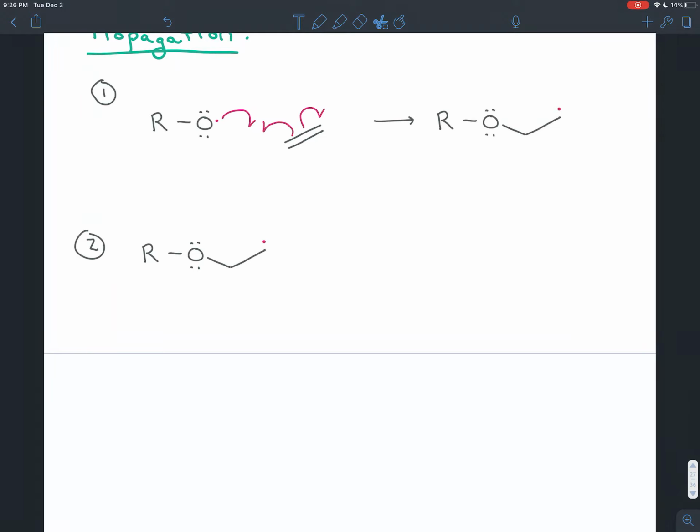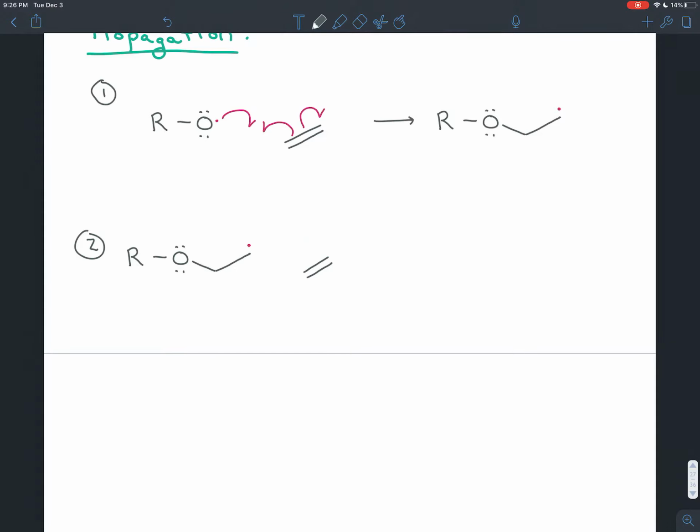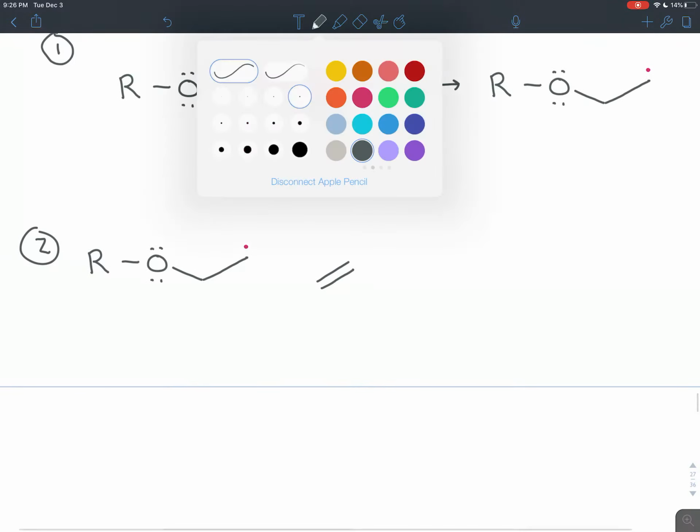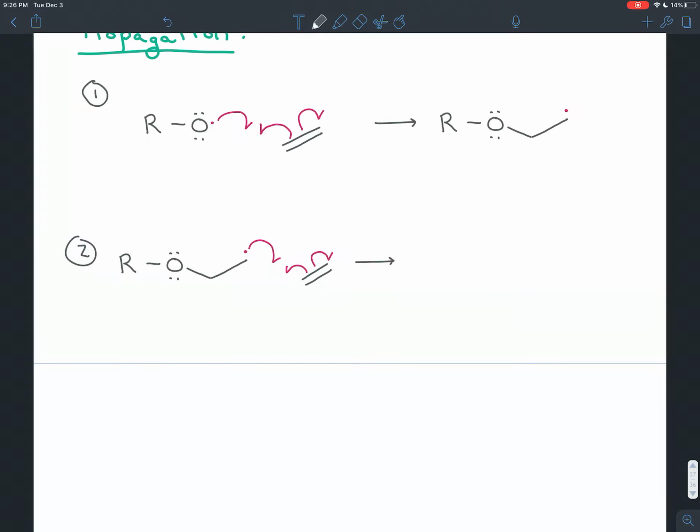So in the second step, we're going to do really the same thing. We're going to treat our radical with an ethene or ethylene molecule. So notice this is going to be the same thing, but instead of the oxygen radical, we have a carbon radical. That will form a new bond to one of the carbons in this ethylene. So the radical contributes 1 electron, the pi bond contributes a 2nd electron, the other electron in the pi bond goes on the carbon, and the product here